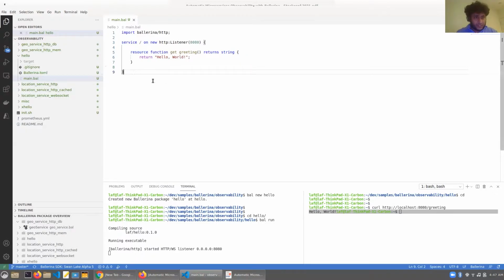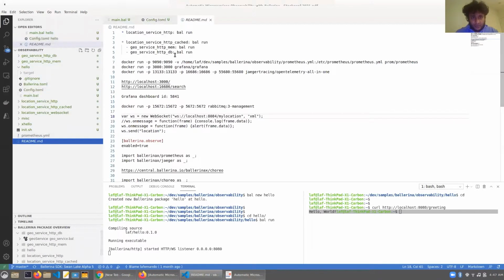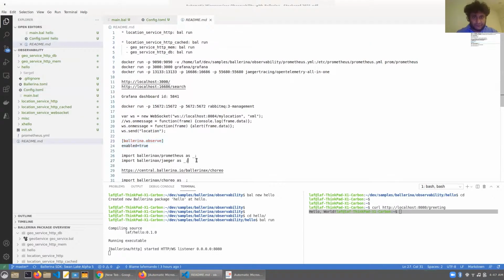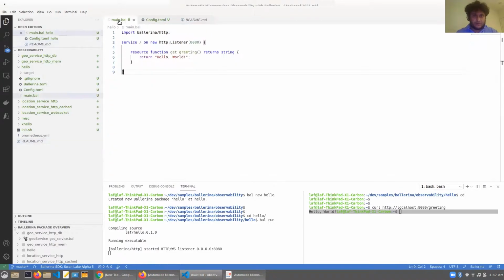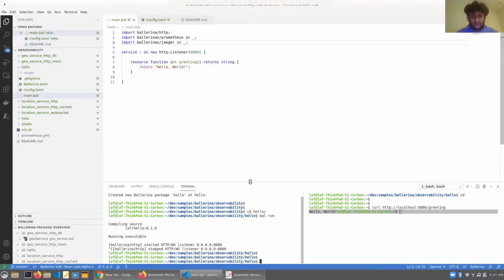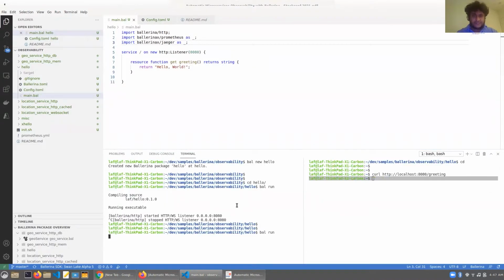You can create a file called config.toml, and say observability is enabled. You also have to put these imports at this moment. With this, now if I run our service again,